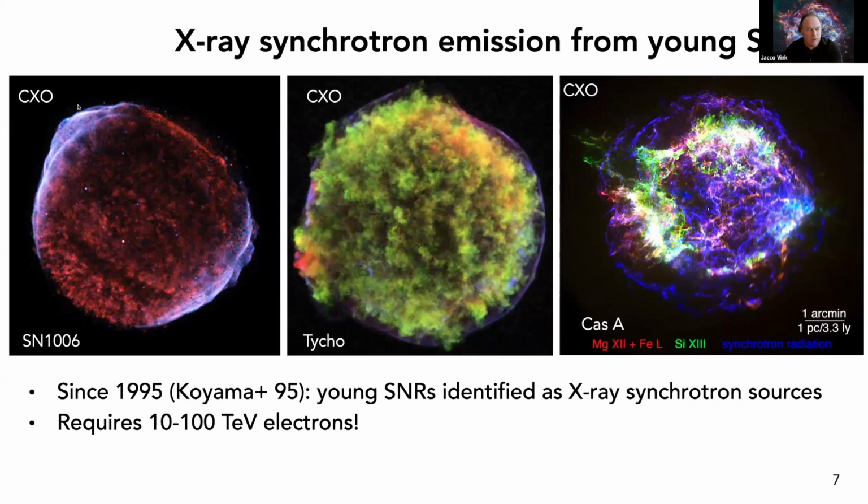It's in all these pictures, the blue is X-ray synchrotron radiation. So here you see supernova 2006. It's rather big, around the size of the moon. And this bluish glow that you see here is X-ray synchrotron emission. The red here is supernova debris. This is a type 1a, and this happens to be mostly oxygen in this particular case.